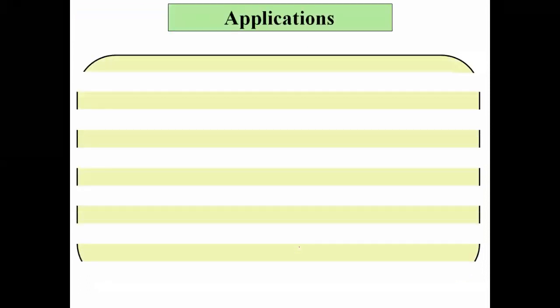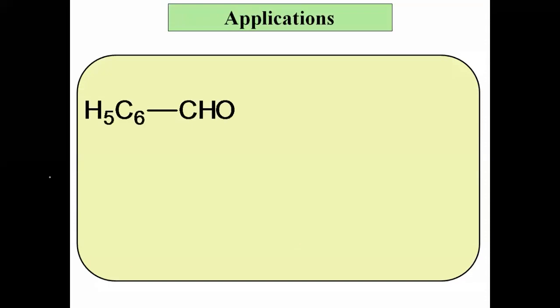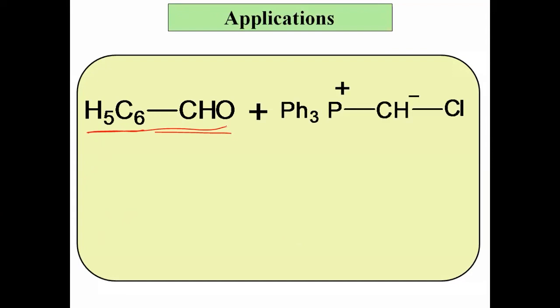Now consider one more example. We can take an example of an aldehyde also, C6H5CHO. C6H5 means again a phenyl group, a benzene ring is there. That compound is called benzaldehyde. This is an example of an aldehyde. Okay, this is benzaldehyde. Now similar to the ketone, till now we saw the example of a ketone, but similar to a ketone, an aldehyde also undergoes the same type of reaction. When benzaldehyde is treated with any phosphorus ylide,